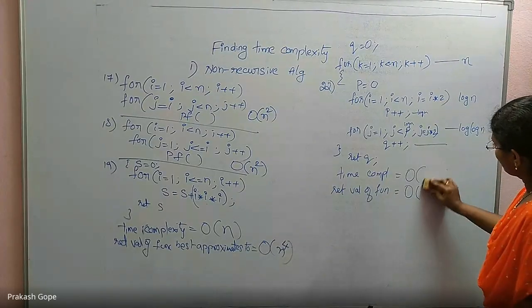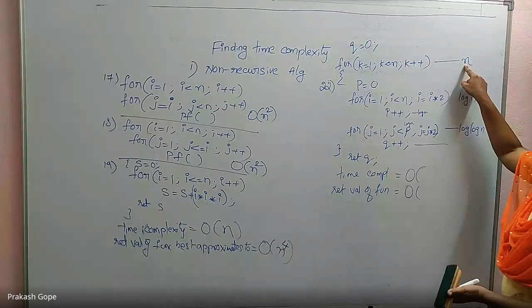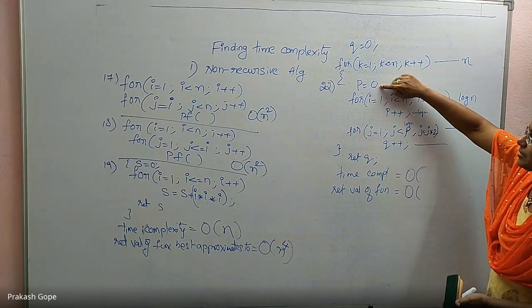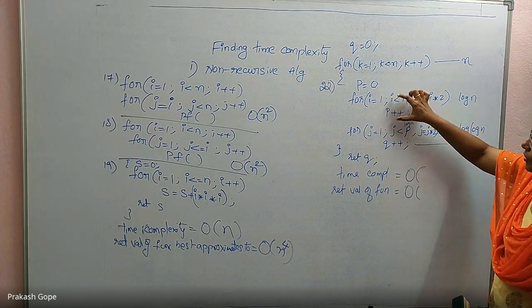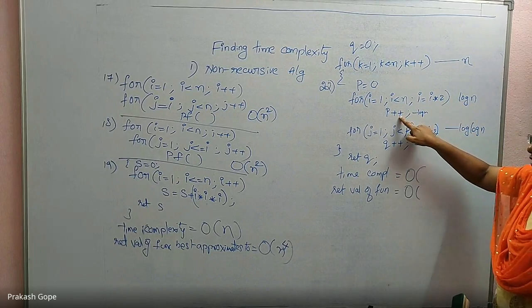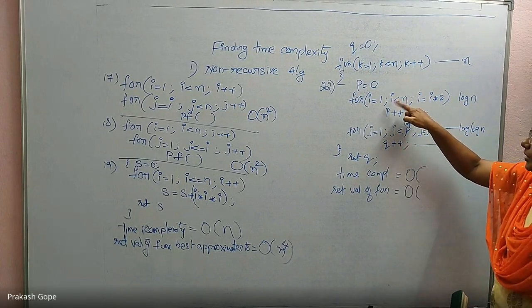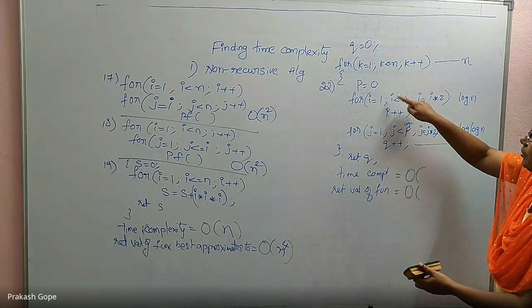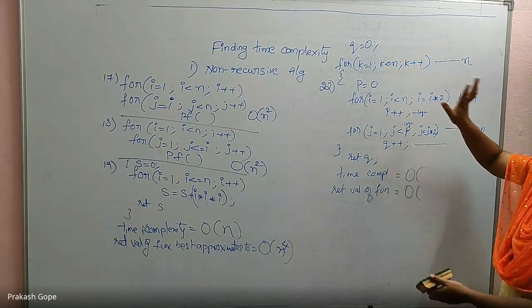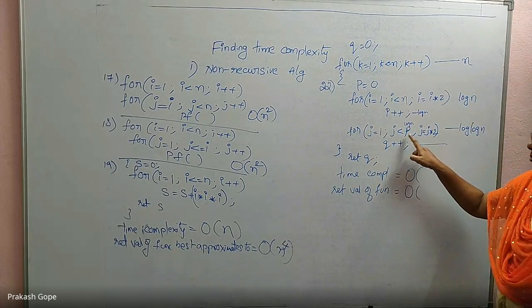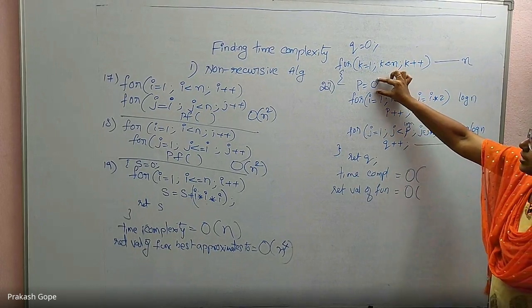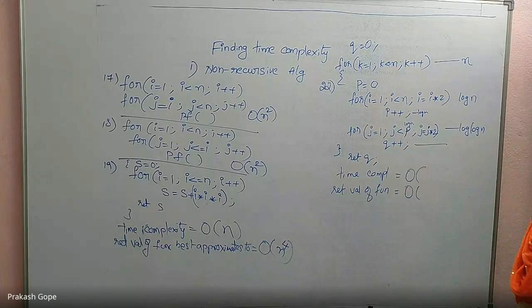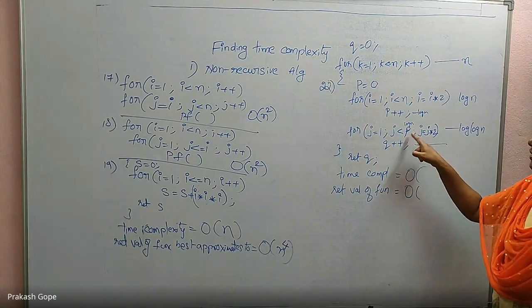Yes, n into log n. So this is the iteration. For each and every iteration, I am making p as 0. So when I execute this, always p equal to log n. Once this loop is completed, it is log n. For the next iteration of k, again it will be log n. Which means what I am passing here, p, is always log n. I am making this log n always by initializing p internally within the loop. So what I am passing to this function is always log n.